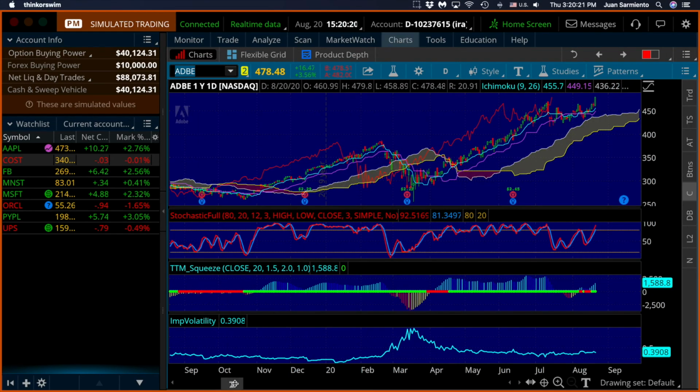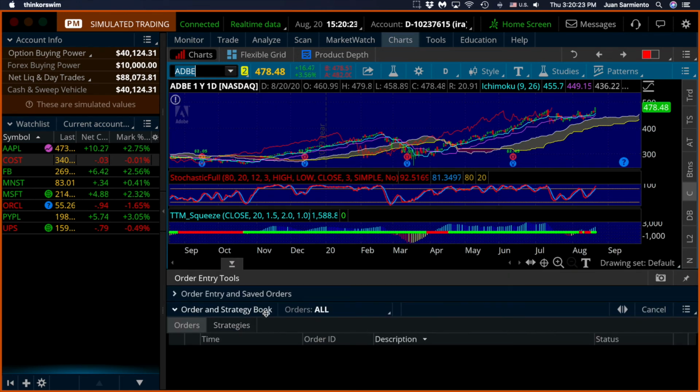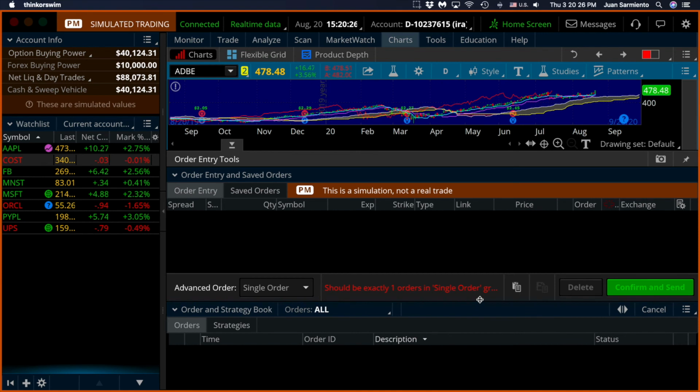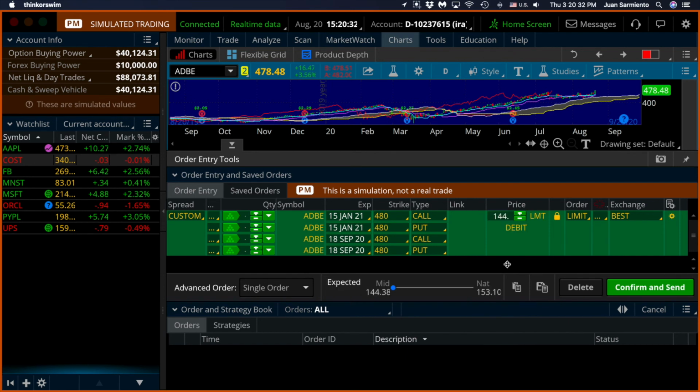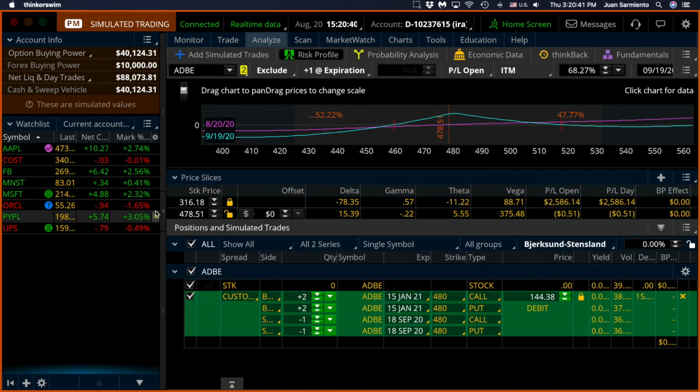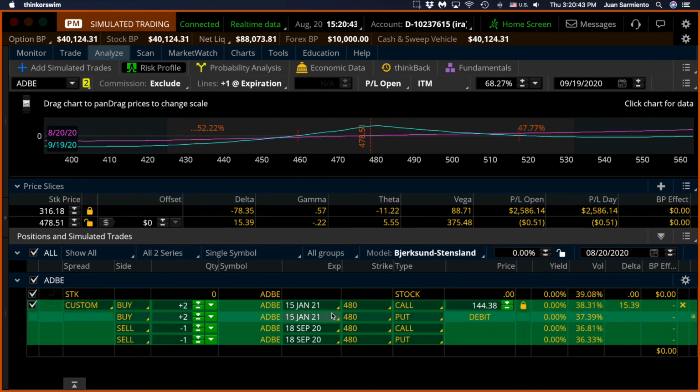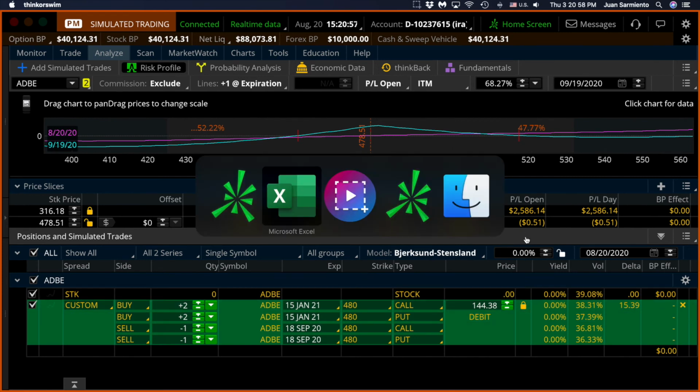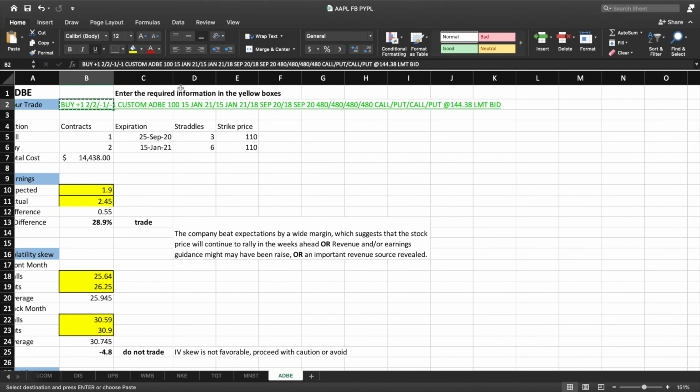the platform here. I click here and say orders, and I click on this button here, and here's my proposed trade. So let's analyze that. And here we have the January is the back month, and September is the front month. Unfortunately, it would have been nice if they had December or November options, but they don't, and therefore it ends up being very costly. So in my Excel spreadsheet,